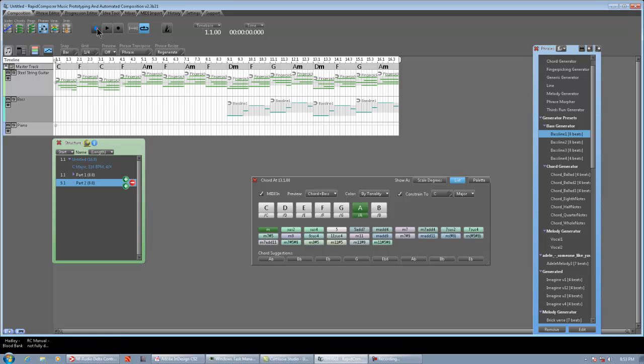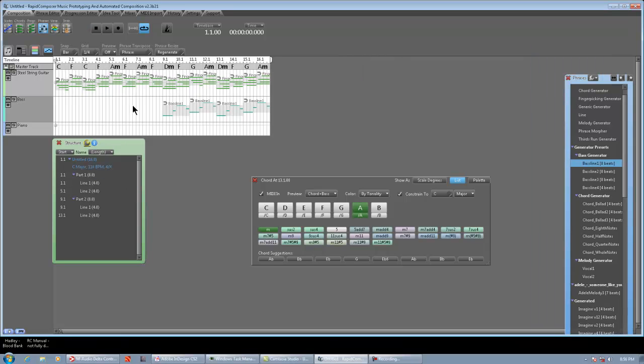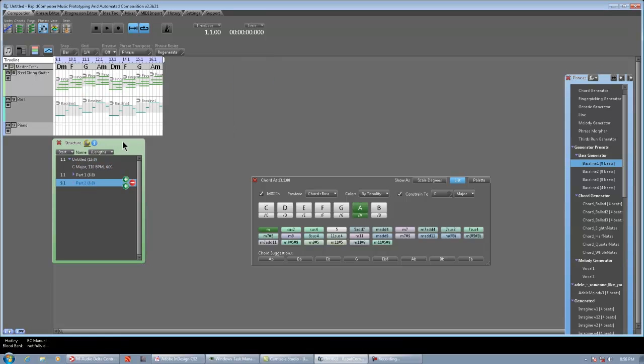Now say, as I'm listening to it, or as I'm writing lyrics or whatever, I say, you know what, this verse, I'd like to double the length of this verse. Very easy. Basically, there's our intro, there's our verse, and let's say we wanted to make the verse twice as long. We just click part 2, which is our verse,